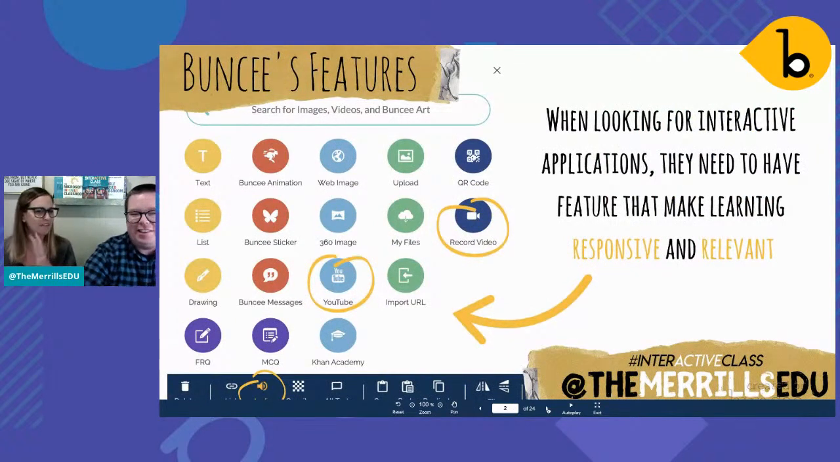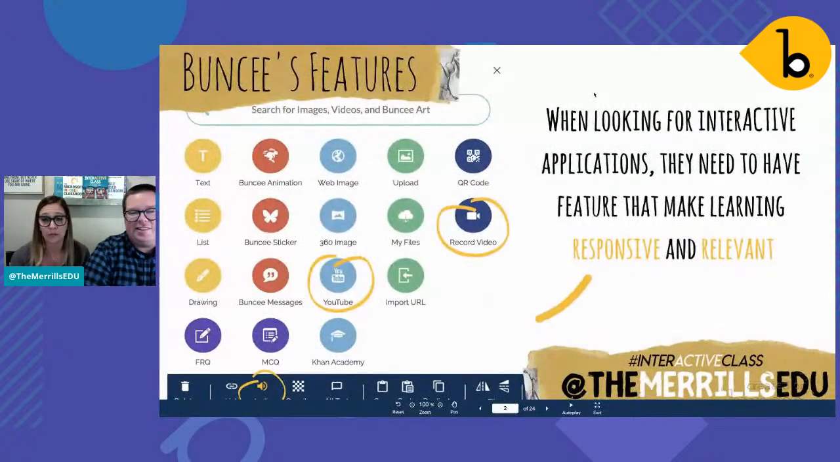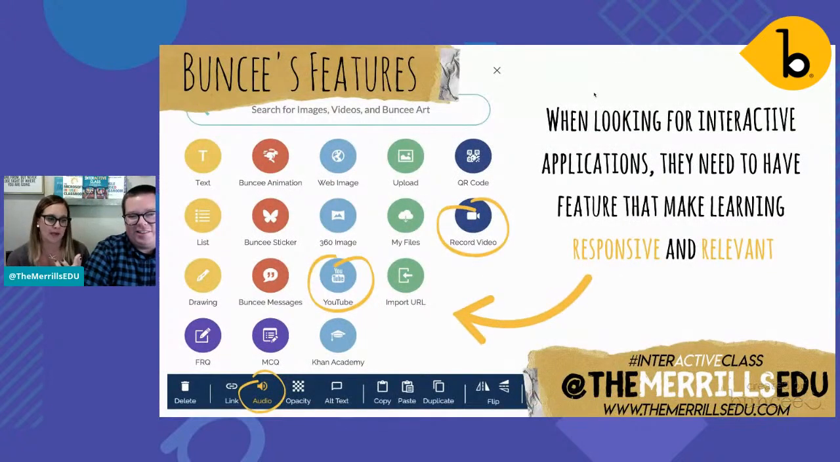All right, so I have a feeling that a lot of people here today are avid Buncee users, but just in case they aren't, we kind of wanted to talk about why we love Buncee as a platform and why it's one that we so often share about. When we look for interactive apps, and people ask us a lot, what are your top 3, or what